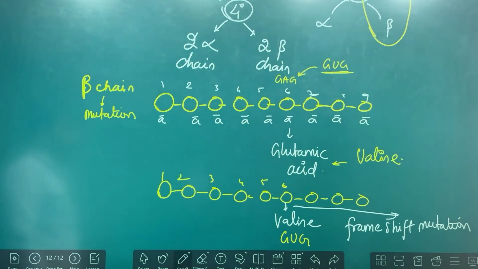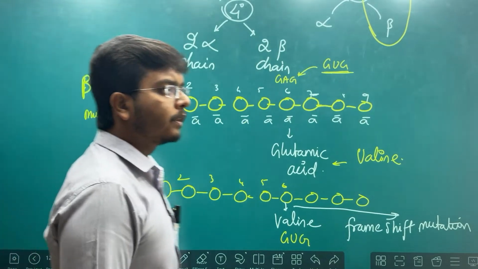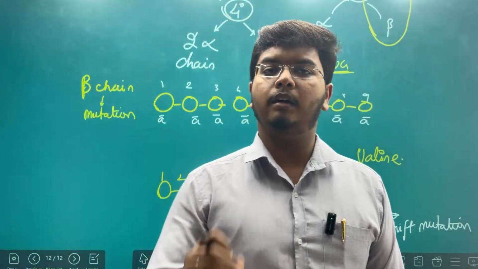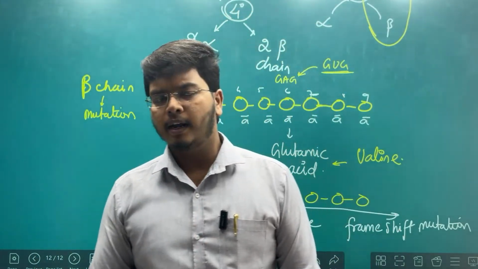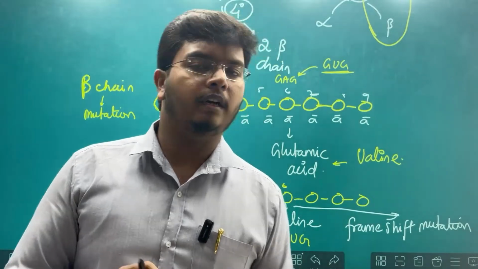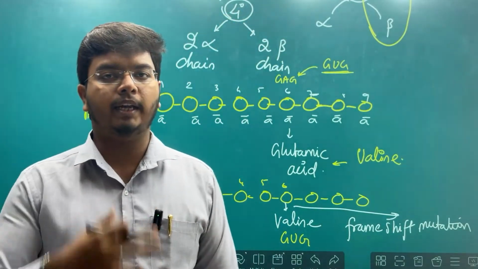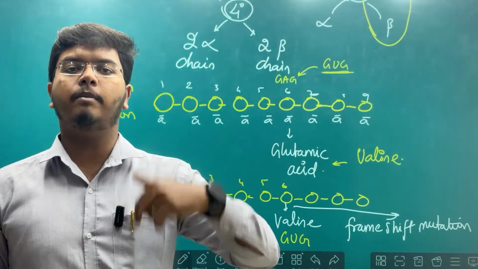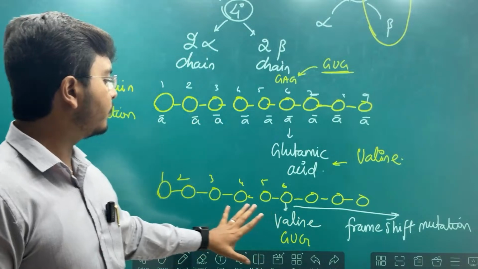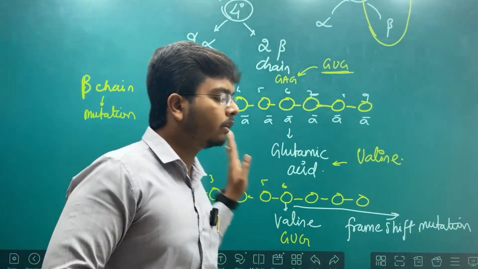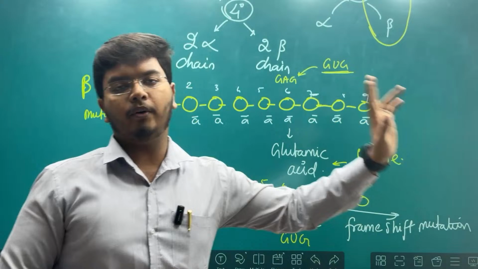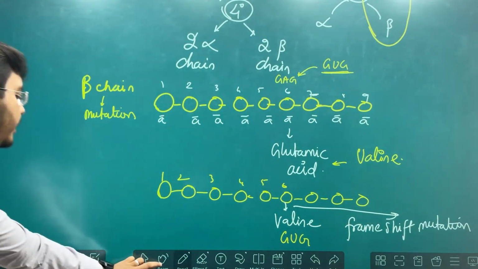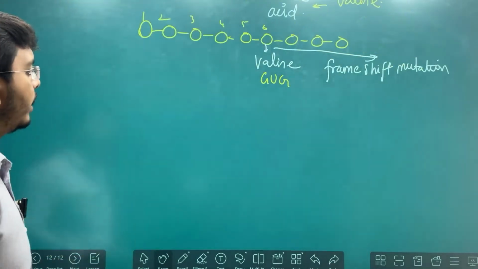Okay? Right? So why does sickle cell anemia occur? It is because of a mutation in the beta polypeptide chain. At which position? At the 6th position. What was it? Glutamic acid. What has it changed to? Valine. The glutamic acid has been replaced by valine. Because of that, along with the point mutation, a frame shift mutation has also happened. Fine sir, what is the problem for me because of all this? Understand what is the actual